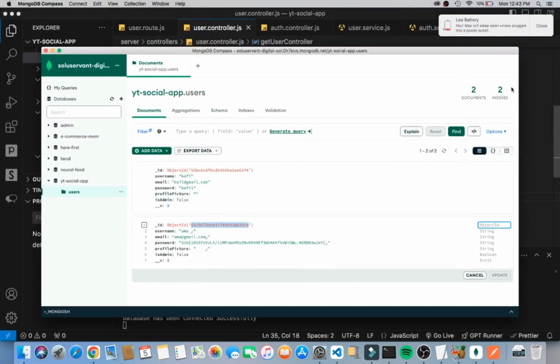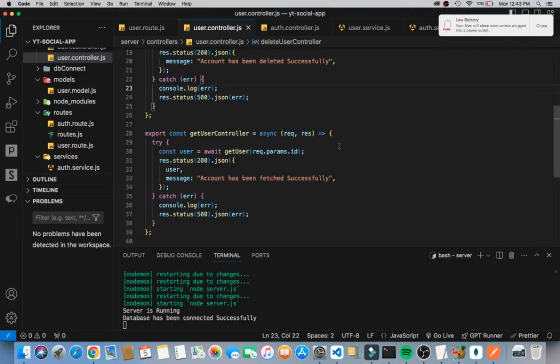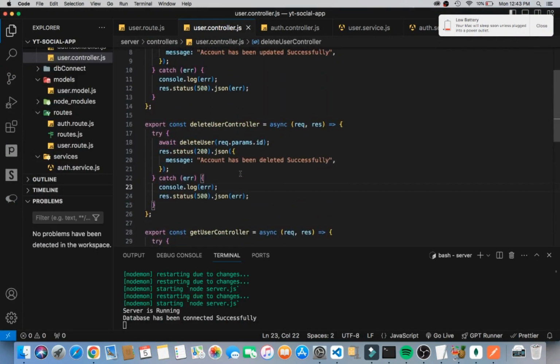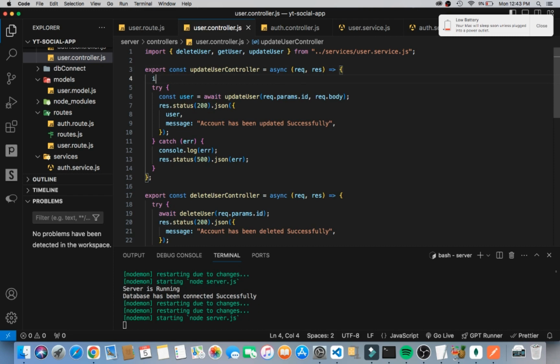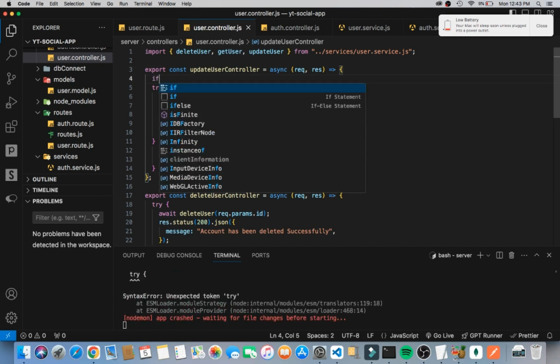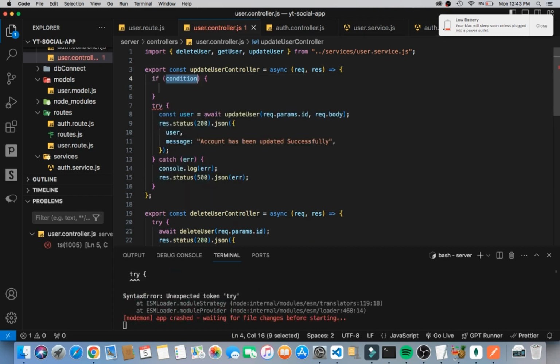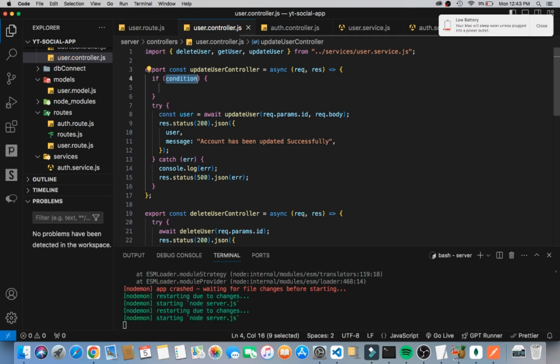Okay, this works. So we can finally perform the CRUD for our users, but we don't want just anybody to be able to access these things, right? So what we want to do is perform a quick check. We can perform the check here or inside services, right? So what is that check? Let's do it here. So we have our if. We can say if